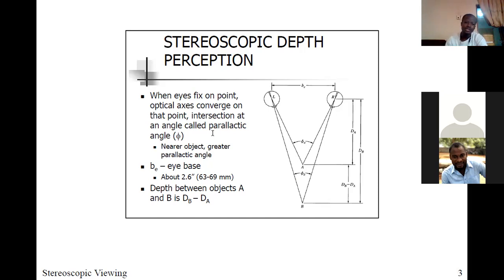All right, so in this case, B, for approximately most human beings, the distance between this eye and that eye is the same. It's approximately 2.6 inches, 69 millimeters. I wish I had a ruler here. I checked, so you can all check your eye base. I'm sure you know a lot of this, so I shouldn't waste time.